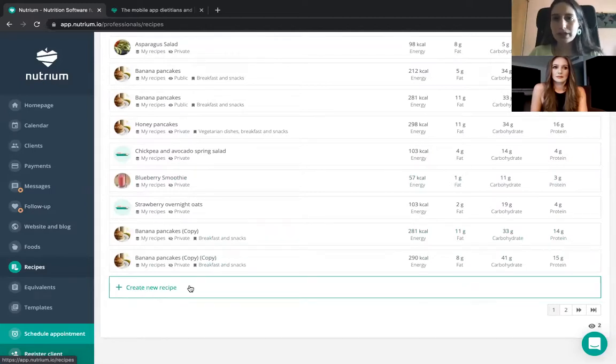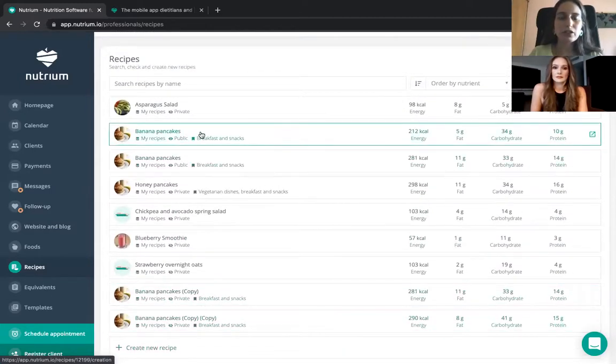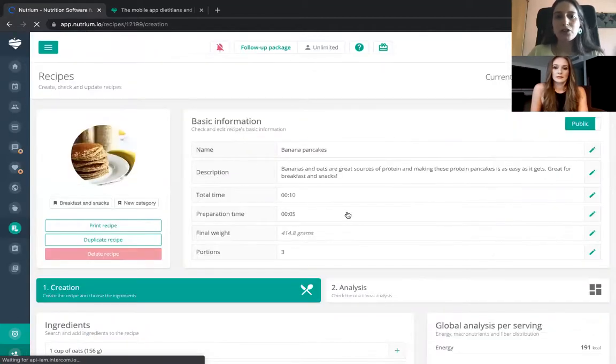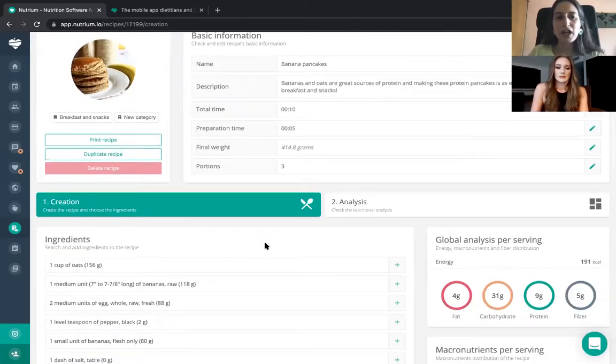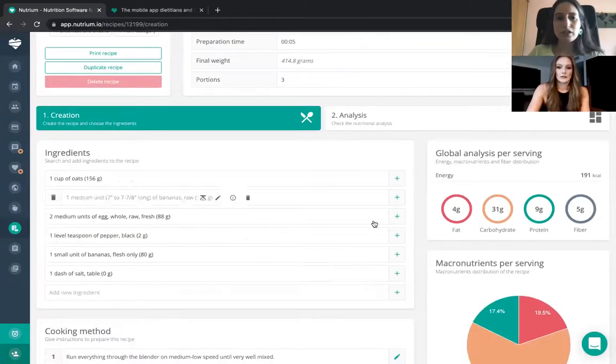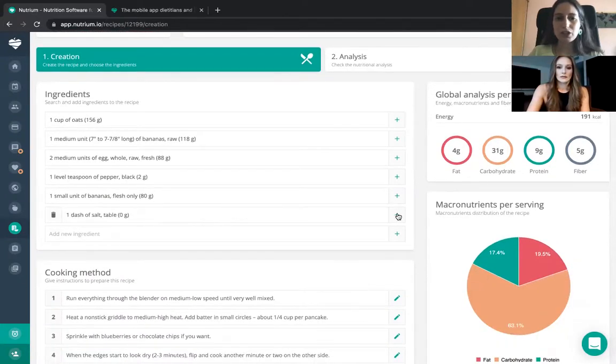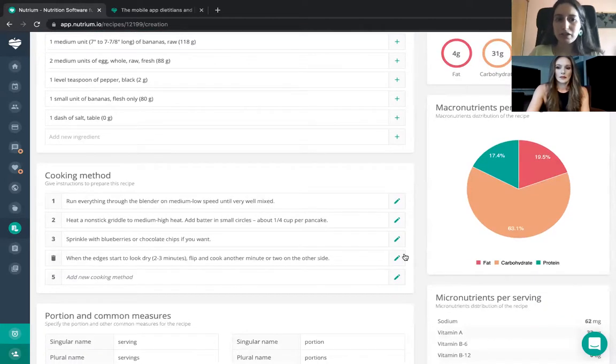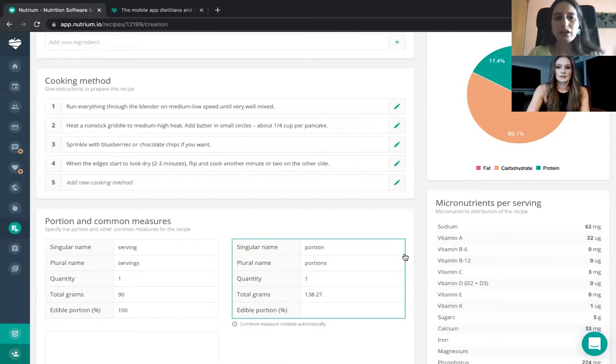I will show you a recipe that we have already created here. So let's choose this one, banana pancakes. And you can write all the information regarding this recipe, so the description, preparation time, etc. Add all the ingredients, so it's really simple as well. You just need to add ingredients as you go, cooking method as well, and you can add any portion and